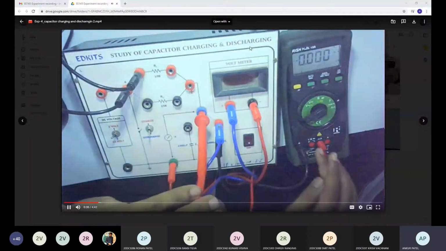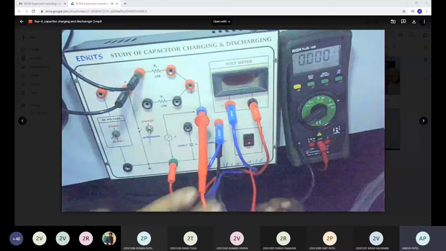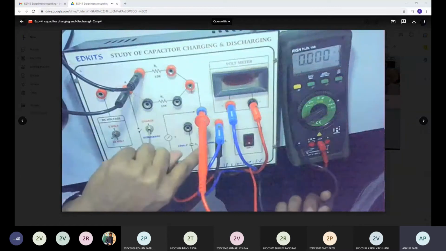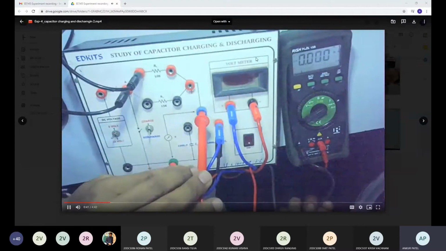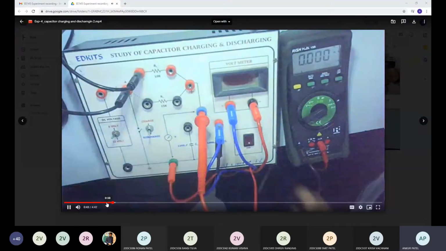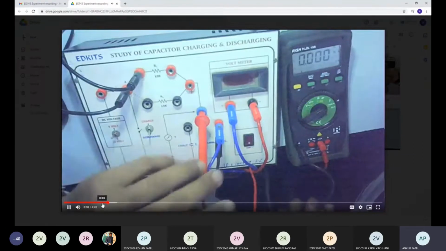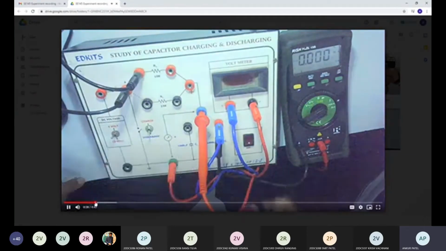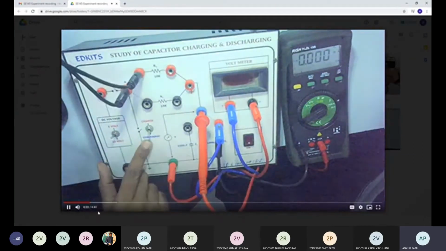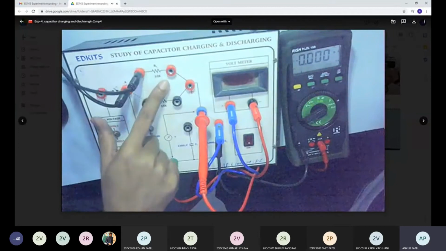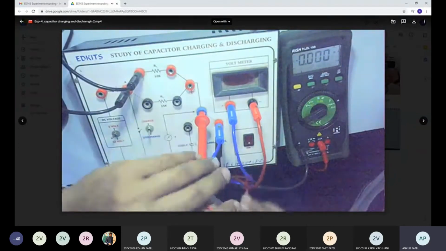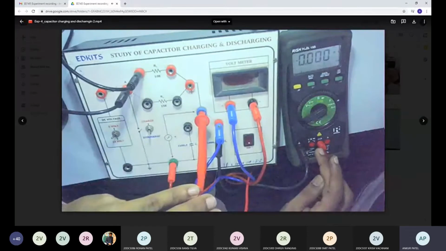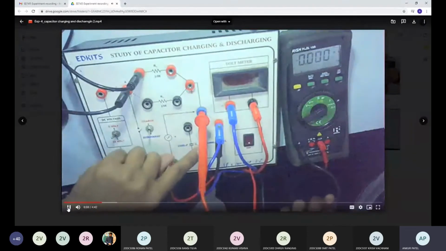I use this knob and connect to the ammeter point, and this black wire from the ammeter is coming to the 1000 microfarad capacitor, as per our circuitry. Okay, so these two wires are for connecting the ammeter in series. And lastly, to the 1000 microfarad, I take this 1K, 10K resistance.